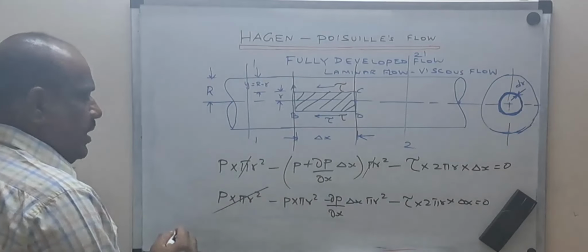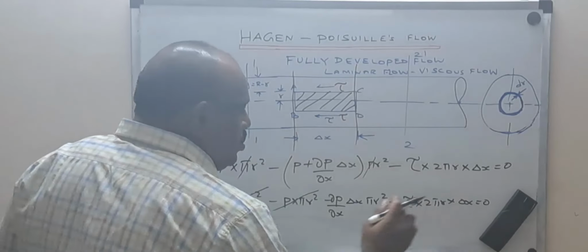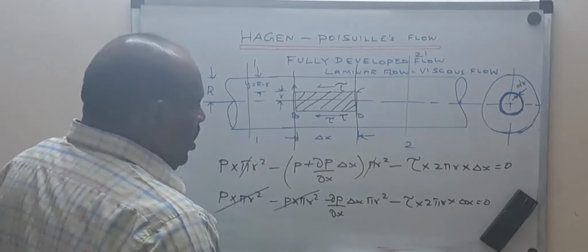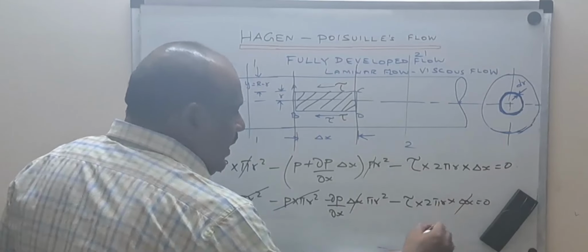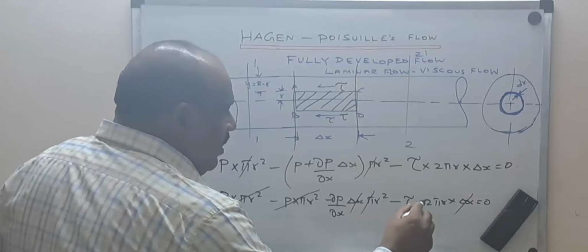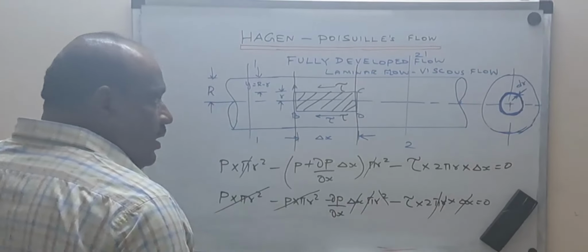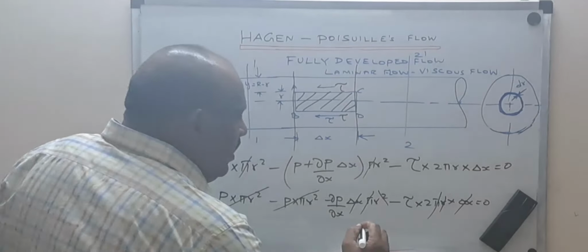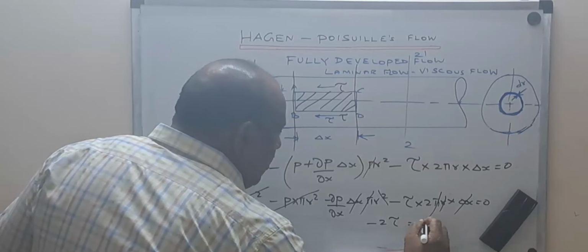So we can cancel out P into pi r squared minus P into pi r squared. So we are left with these two terms. Among these two terms we can cancel off delta x, one pi, one r. So now what is the resultant solution? It will be 2 tau equal to